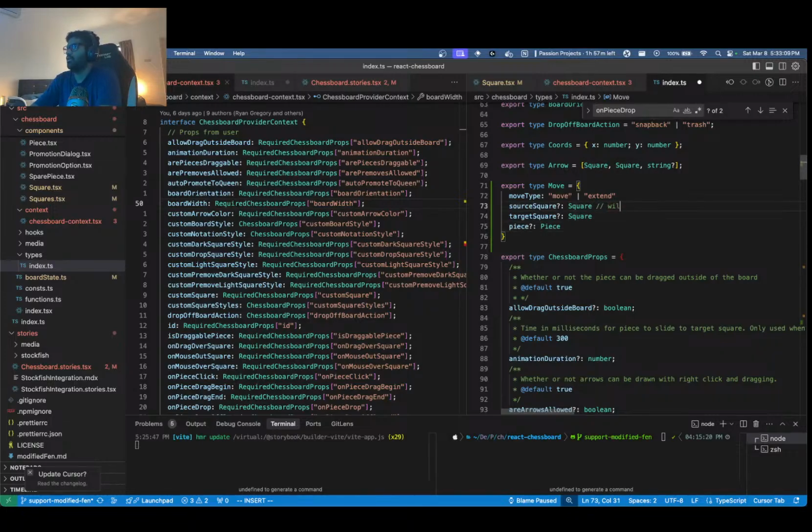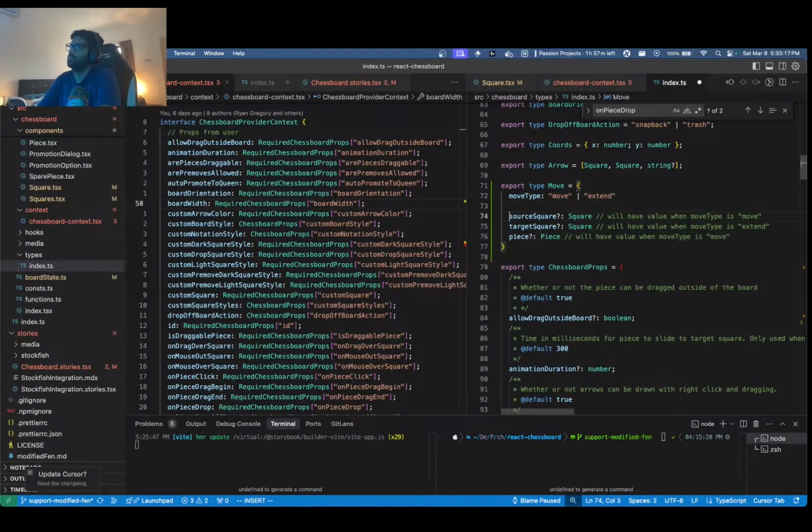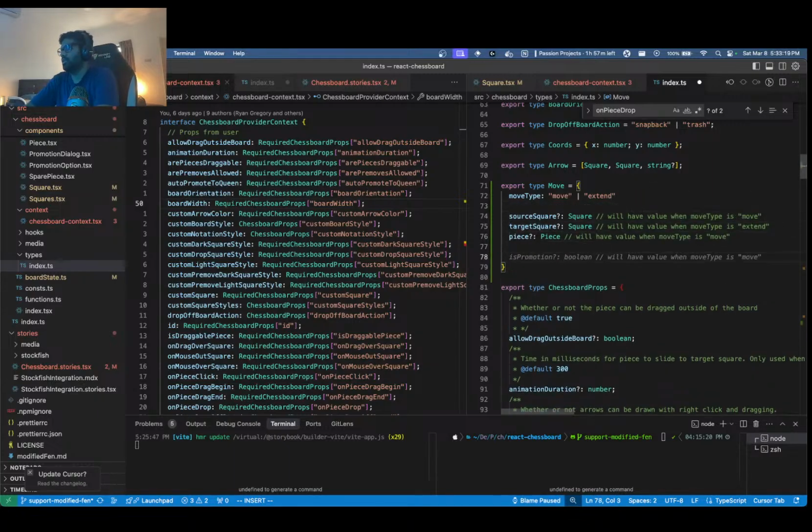Will have value and move type is move, and then we will have a